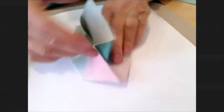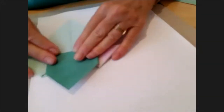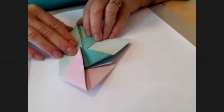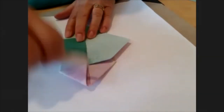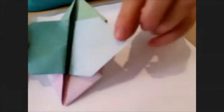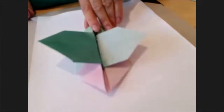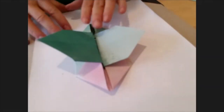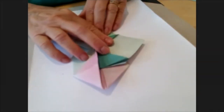And when we open this, when you put that tongue down, your structure will look like this. So it's like that. Fold this over and bone fold, and it should look like this. Okay, now before we complete our box, what I want you to do, put the two flaps together again, because